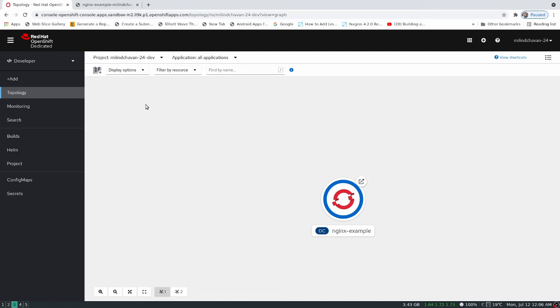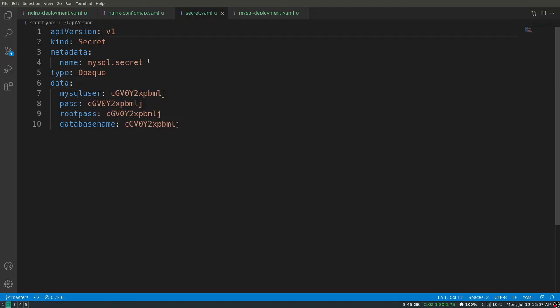Now let's create the secret for MySQL. So first let's look into the secret YAML file. Okay, so this is the secret YAML file. It is also using version 1 and the kind is Secret. The metadata contains the name of the secret, and the type, that is Opaque, and the data. Here it is also using a key value pair.